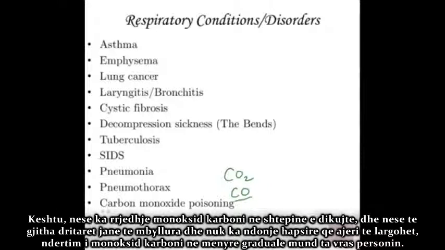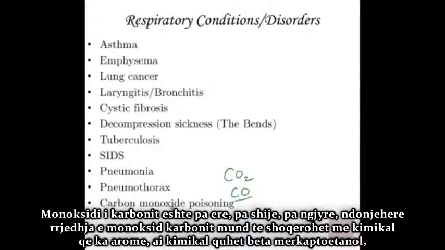So if there is a carbon monoxide leak in someone's house, maybe because there's a gas leak in one of their gas appliances, an oven, whatever, and all the windows are closed and there's no way for the air to leave a room, the buildup of carbon monoxide can gradually kill a person. Carbon monoxide is odorless, tasteless, colorless. Sometimes a carbon monoxide leak will be associated with a leak of a chemical that does have a smell.